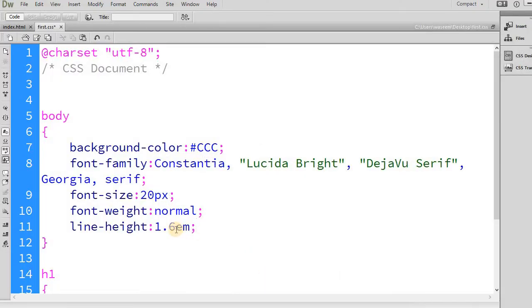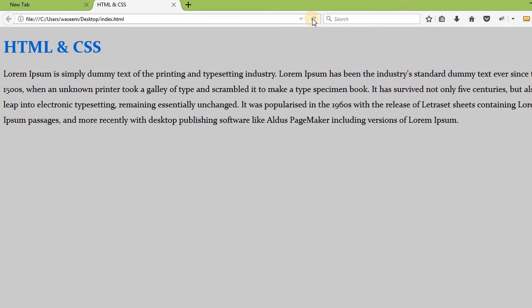Line height 1.6 em. I can write 1.8. I will save my work, refresh my browser. Here you can see, because that was already 1.6, so here 1.8 is working, right? Now